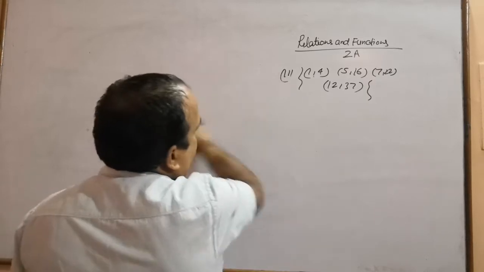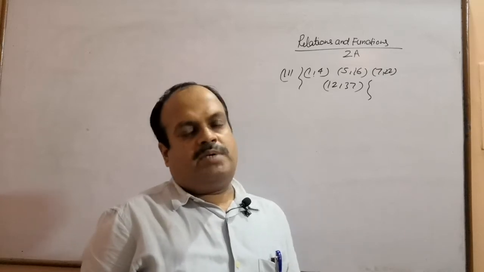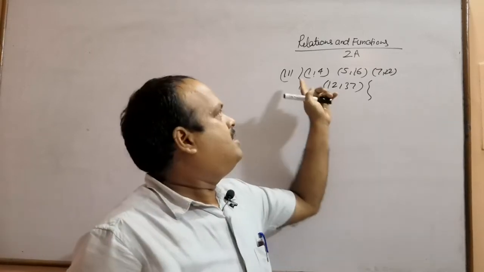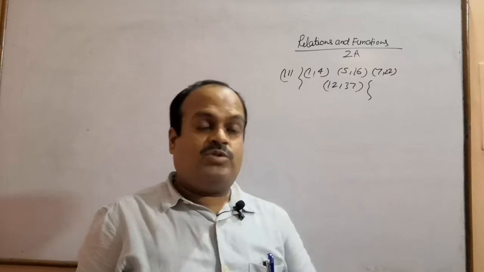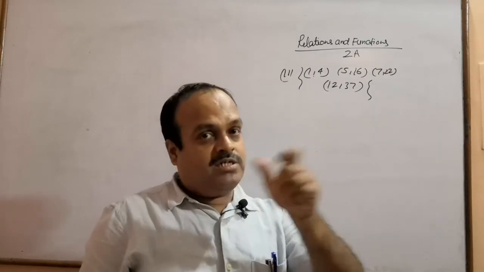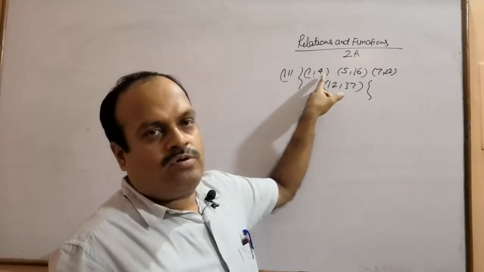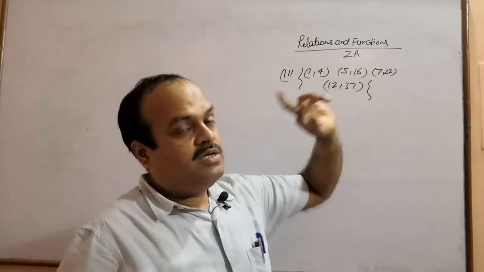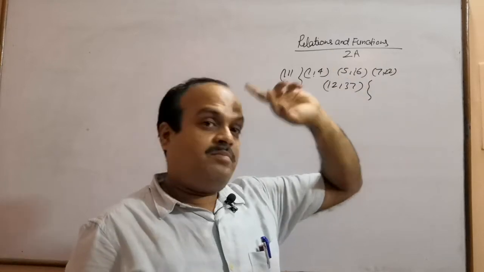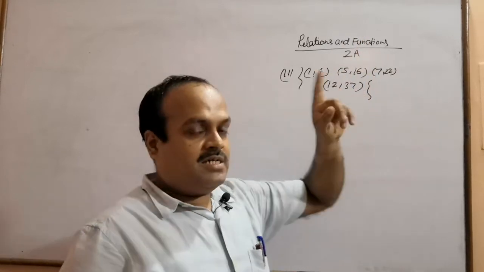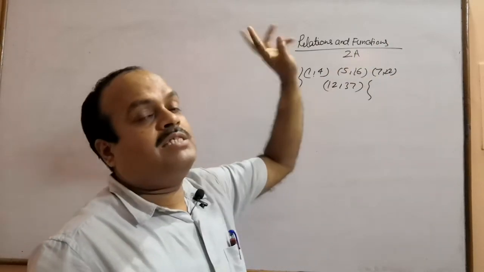So when you read every element, you will come to know on which pattern its entries are arranged. In every element, there is a certain pattern followed. 1, 4, 5, 16. So 5 threes are 15 plus 1, 16. 7 threes are 21 plus 1, 22. 12 threes are 36 plus 1. So we can say that this y is 1 more than thrice of x.